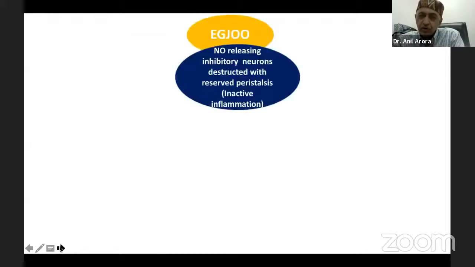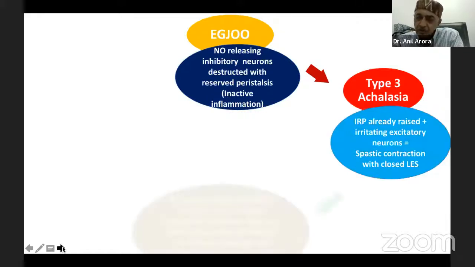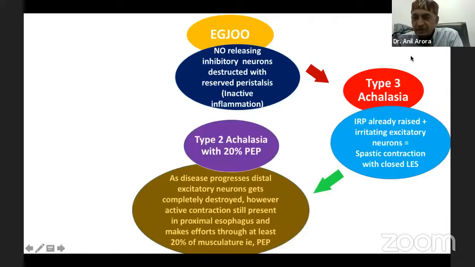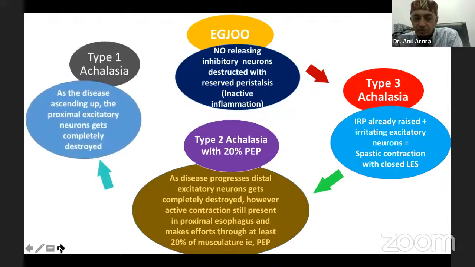So, to summarize, what is EGJ obstruction? You have a combination of just esophagogastric junction obstruction, which can result in type 3 achalasia. This may proceed to type 2 achalasia because now you have more and more attempt on the part of the distal smooth muscle of the esophagus to push the bolus across the G junction into the stomach, and finally you may land up at a time when the whole muscle has got fatigued